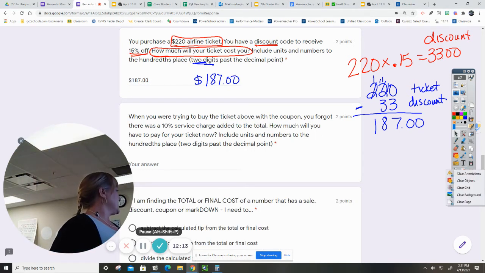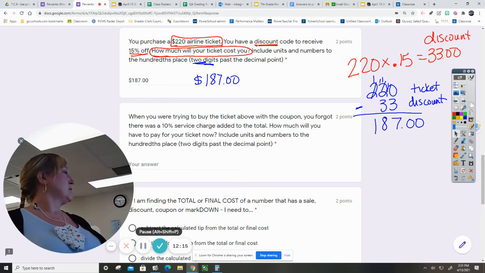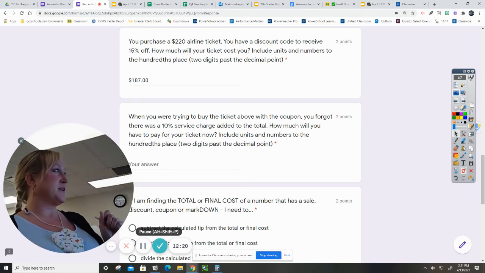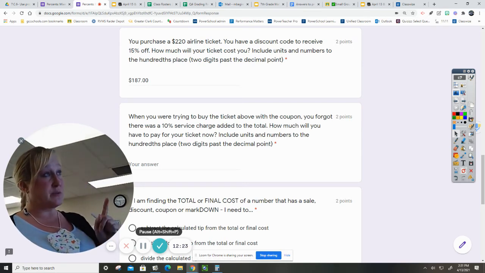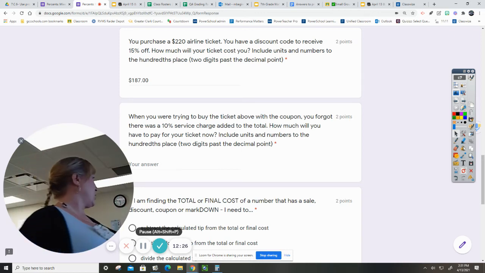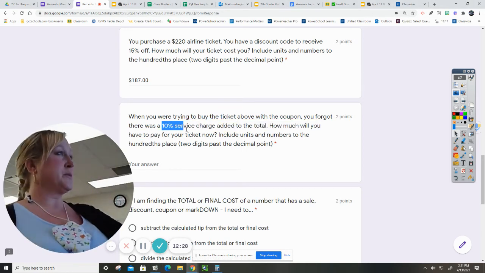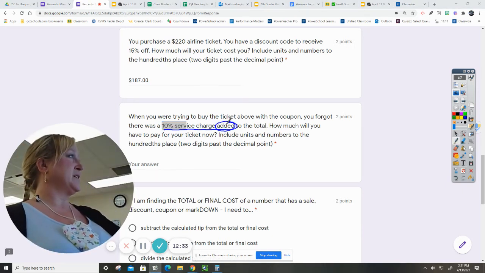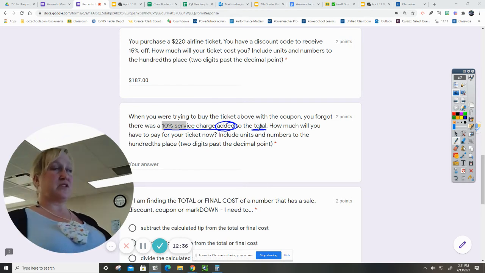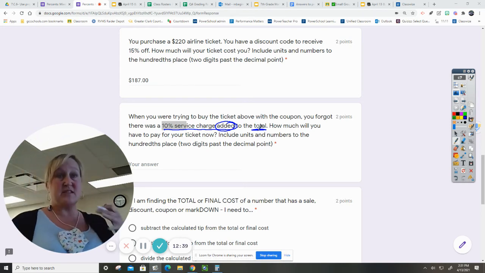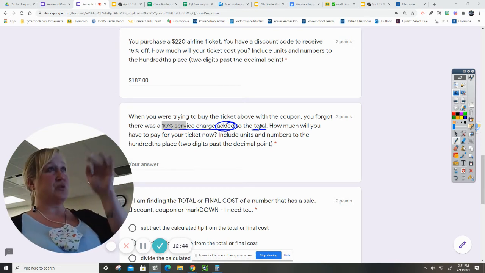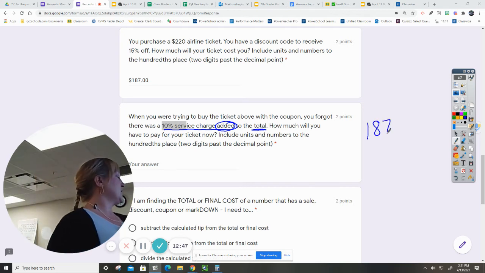All right, we're going to continue. Next, it gives another situation that happens. It says, while you were trying to buy the ticket above with the coupon, you forgot that there was a 10% service charge added to the total. So 10% added to the total. How much will you have to pay for your ticket now? Okay, so that means that it's increasing my cost. But that increase is to the $187. So 187 times 0.10